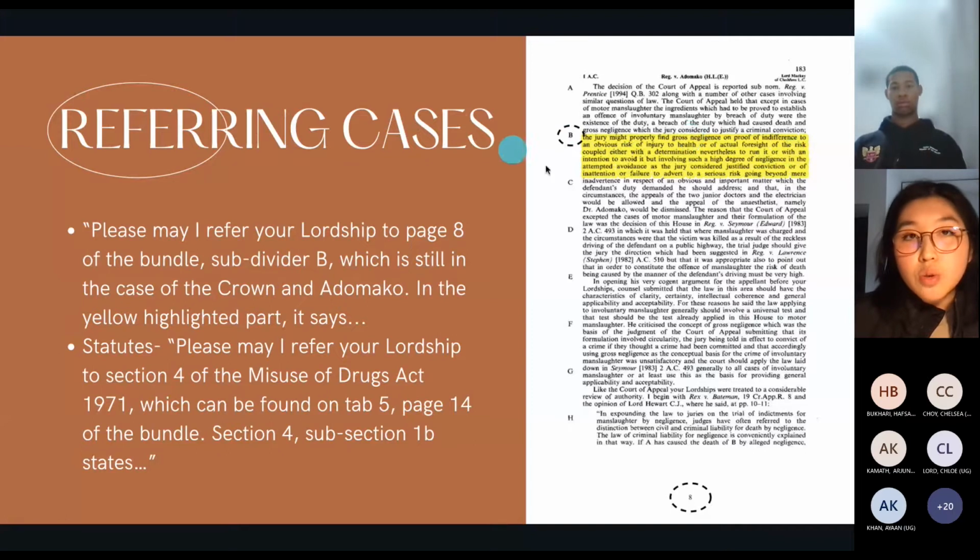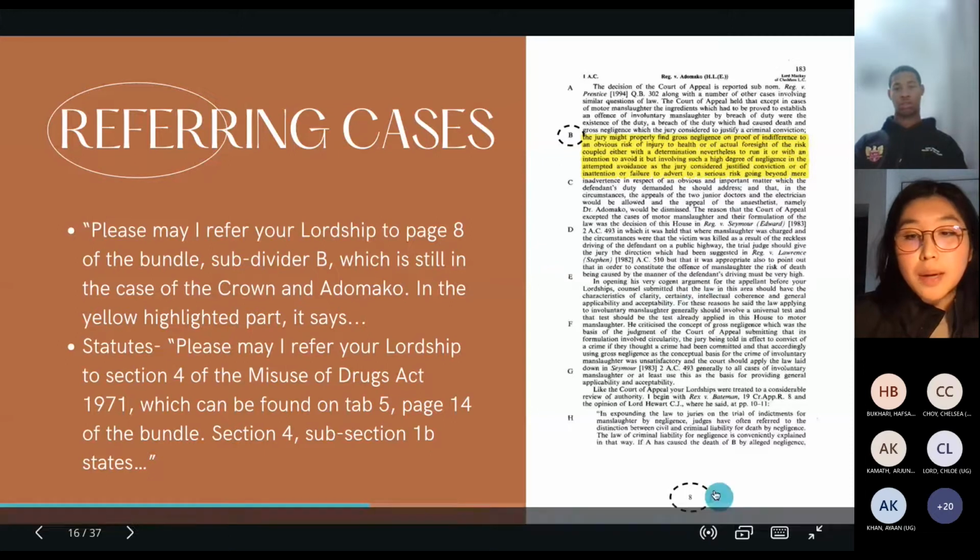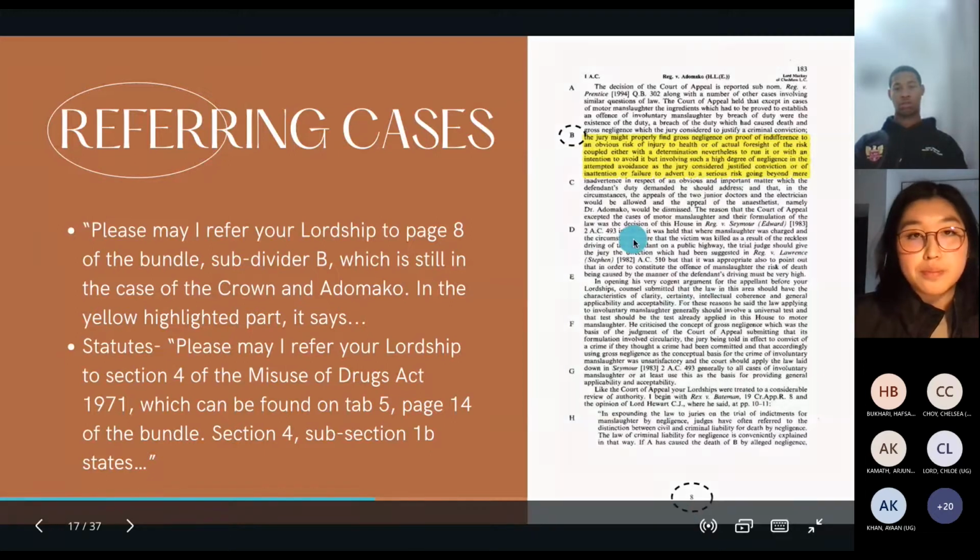And if you and your partner are using the same page, just try to use different colored highlighters. So if your partner is using the same page, highlight it in green. But if you're using the same quotation, obviously you would just highlight in yellow. And it's the same with statutes. It's no different, just page number and then paragraph.